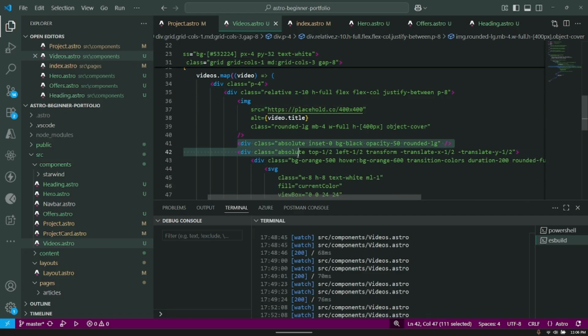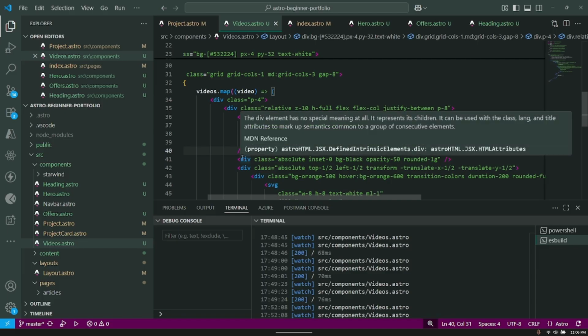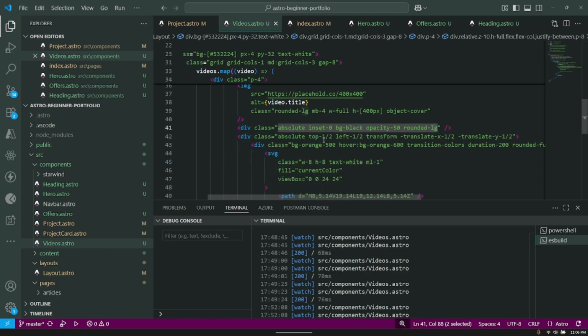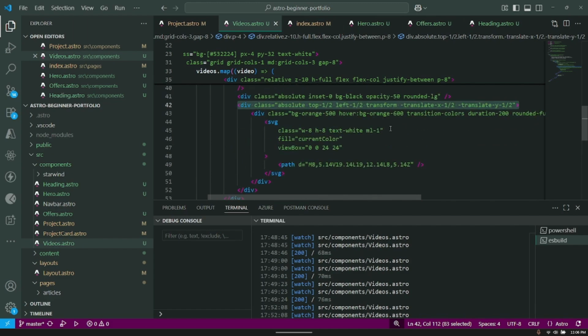we have a div here. So what I did, made a div surrounding the image and the title. And in the image, we got the image here with the video title as the alt. And then we've got a div with a class of absolute inset, background black, rounded LG. And then we have another div, which is basically going to position our play button. So